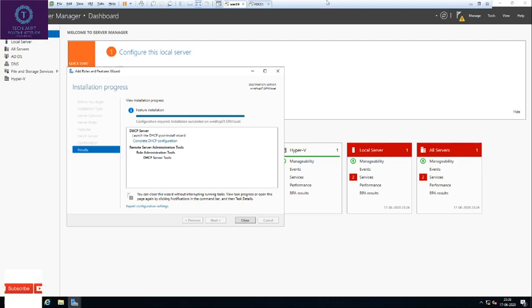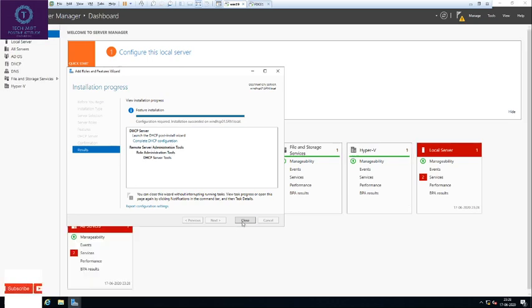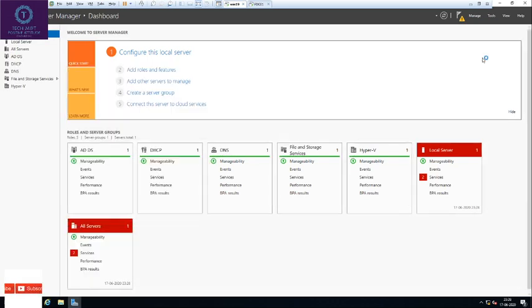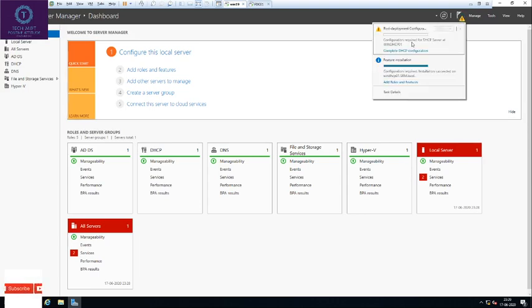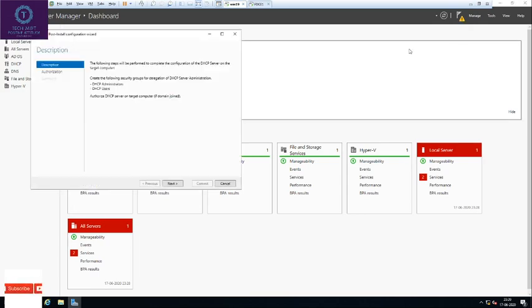As you can see, now the installation is completed. Here also it is saying complete DHCP configuration. You can close here. If you close here, in Server Manager there is one notification tab, that is this flag one. You can see one exclamation mark. Hit complete configuration. Here you can see the configuration required was completed. It was a previous task that I have done. I can remove that task. This is the task which we have completed just now, that is the installation of DHCP. Now it's asking for the post DHCP configuration.